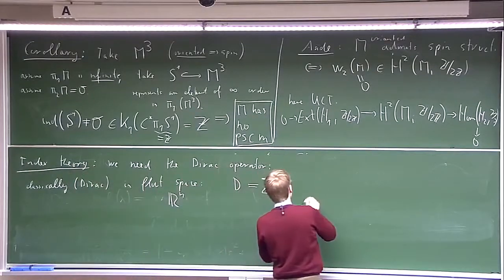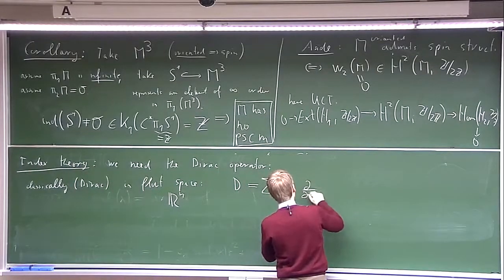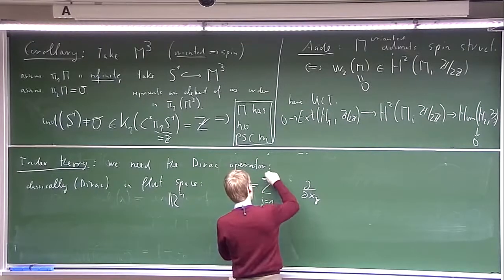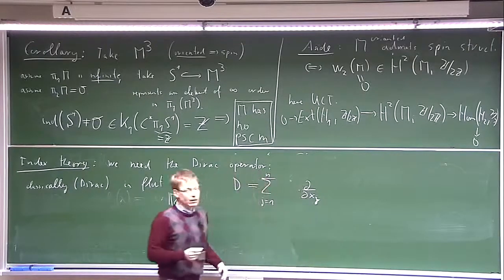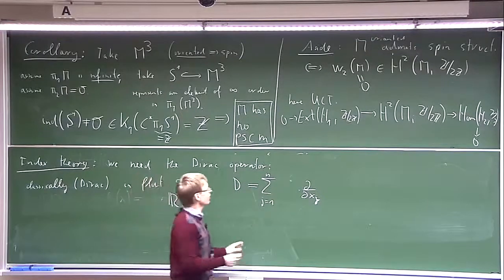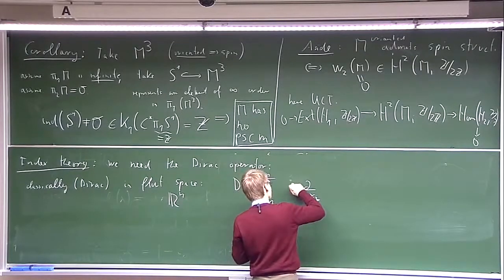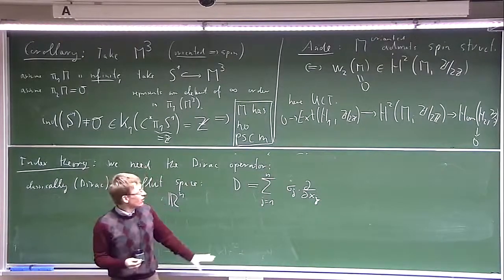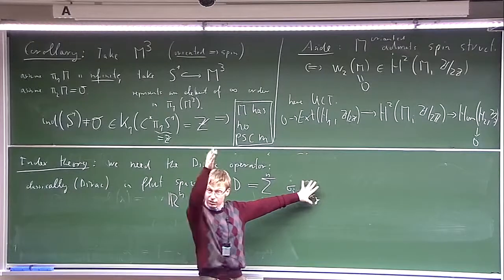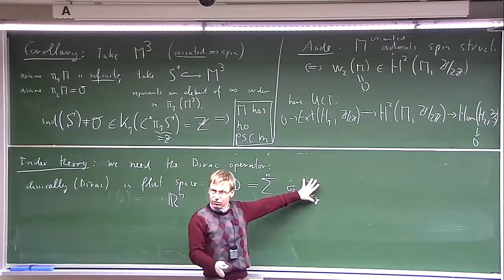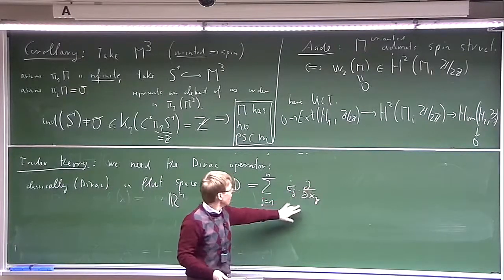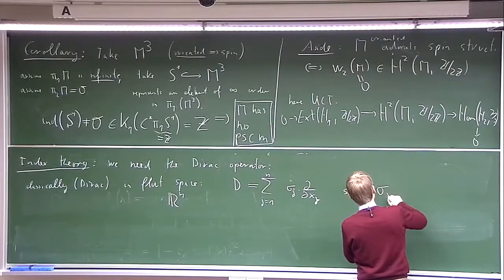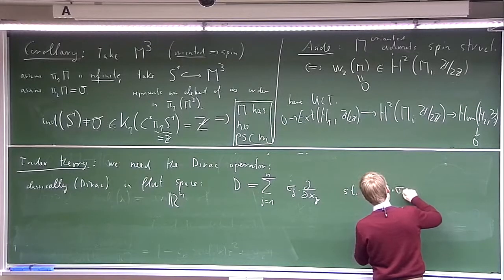It is given by taking the derivatives in the different directions, but multiplying them with coefficients, and these coefficients are certain matrices. And I mentioned before, they're the Pauli matrices. So this is not acting on functions, it's acting on vectors of suitable rank, suitable dimension. And these Pauli matrices satisfy the Clifford relations